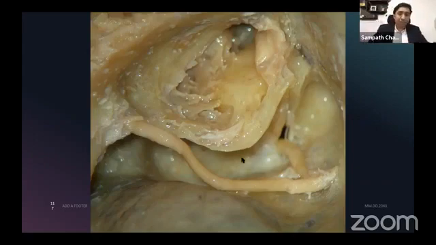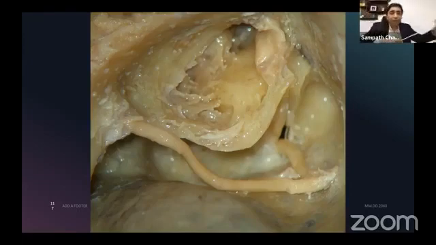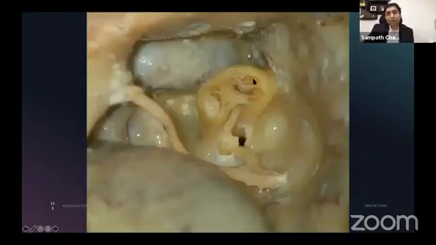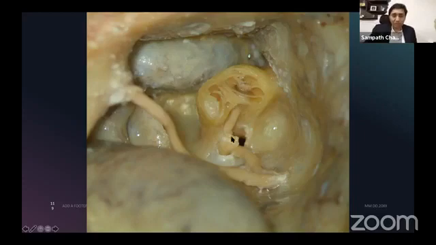So we are now rerouting the facial nerve. I'm just teaching you concepts. We are rerouting the facial nerve posteriorly, and we are getting additional space. Now you see this whole area is up for grabs. So now you reroute it posteriorly, start drilling the otic capsule, and this is the cochlea. You can see the relationship of the cochlea to the facial nerve. This is the superior and inferior vestibular nerve. The facial nerve was like this.